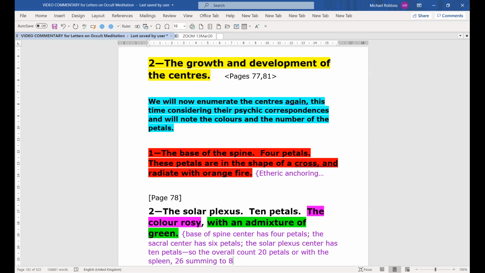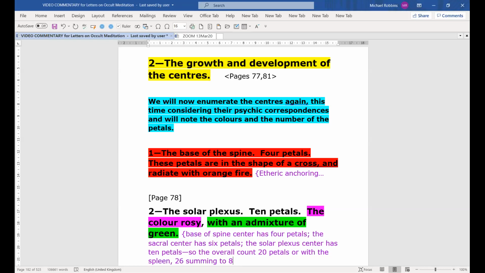I just know there's more here regarding this number 10. It does tell us that even though the solar plexus center does not give us the first ray, that it is in a commanding position due to the number 10, which sums to number 1, which is resonant with the first ray. Now, you know, triangles in rotation, maybe at different times, different points of the triangle will be the